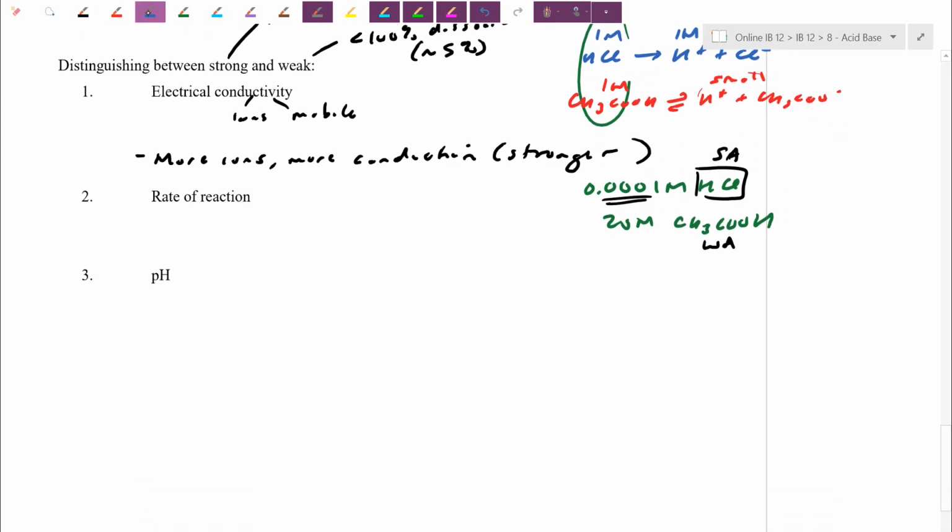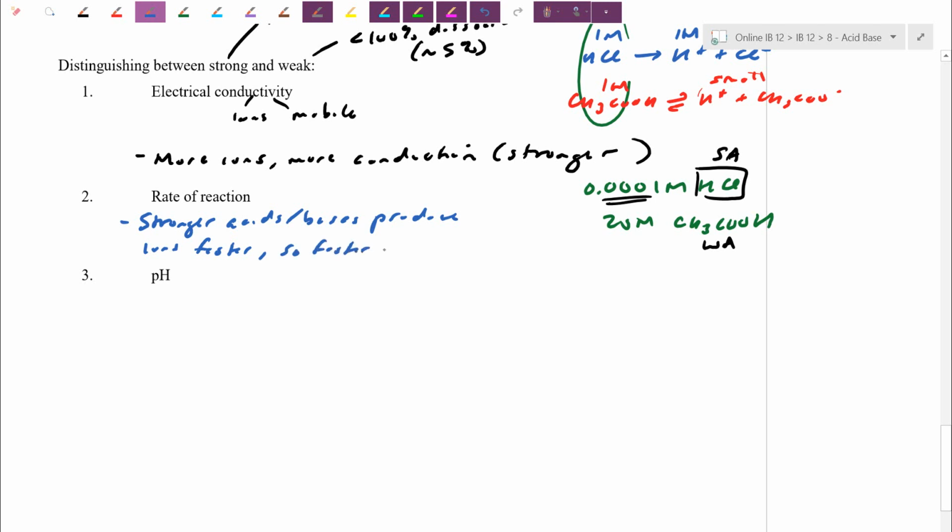Second thing you can test here, just to finish off, we can test rates of reaction. So if I have a stronger acid, whether it's a stronger weak acid or actually a strong acid itself, stronger acids or bases produce ions faster, right? As I get more reactants, they can collide with good energy, good geometry here, so usually a